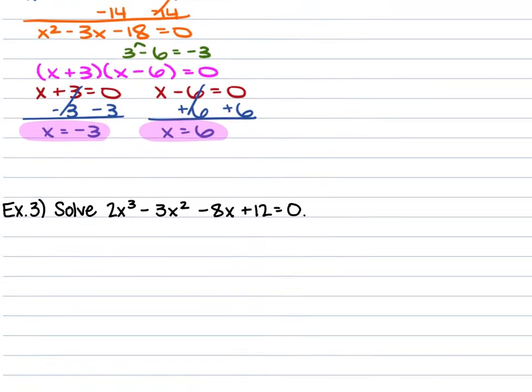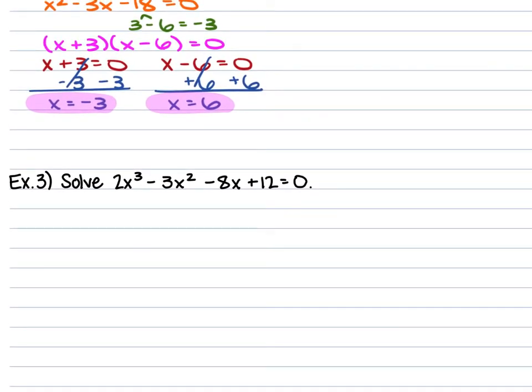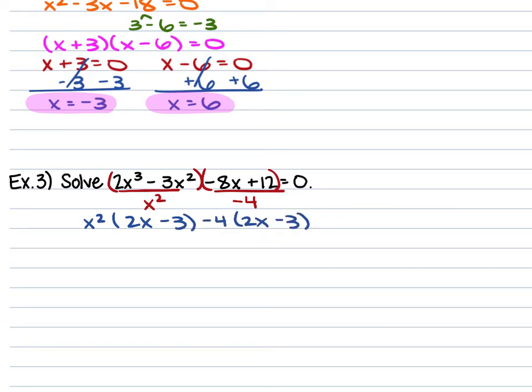For example 3, we're given 2x cubed minus 3x squared minus 8x plus 12 is equal to 0. I look at this equation, I have 4 terms on the left side of that equal sign, and it is equal to 0. So I'm going to start by factoring by grouping. If I set parentheses around the first 2 terms, parentheses on the last 2 terms, I can factor out an x squared from the first. I can factor out a -4 from the second. So this leaves us with x squared times 2x minus 3 minus 4 times 2x minus 3 is equal to